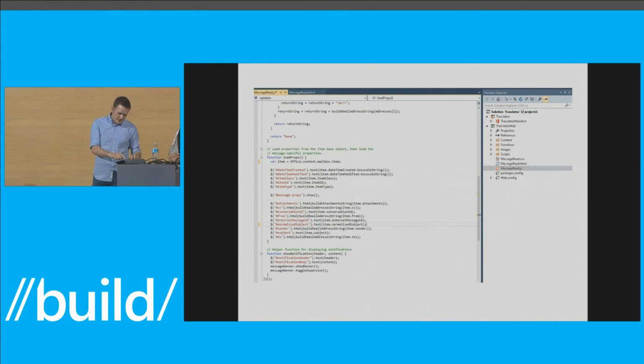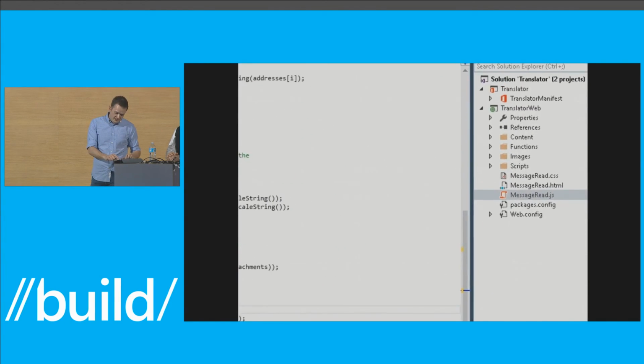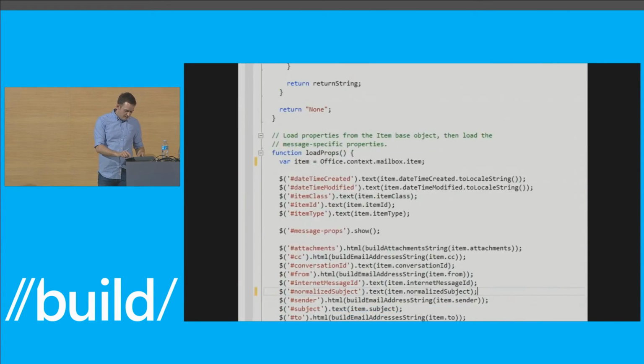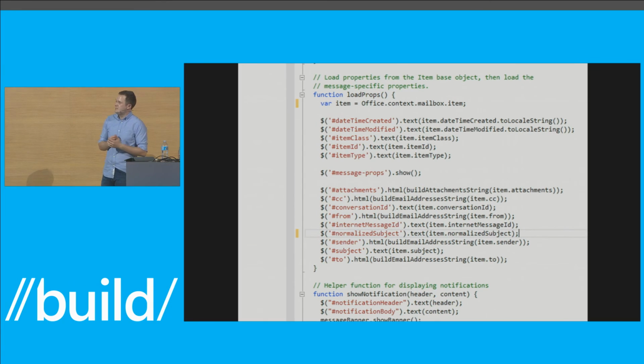So again, this is just a really basic one. You can see from the right-hand side, you've got a manifest file and you've got a web project. Within that, all these files are auto-generated, so if you want to have a go, you can just jump straight into Visual Studio and use this. We've got a JavaScript file, and we've got some HTML. And you get a load properties method or function. What you can see there at the top,